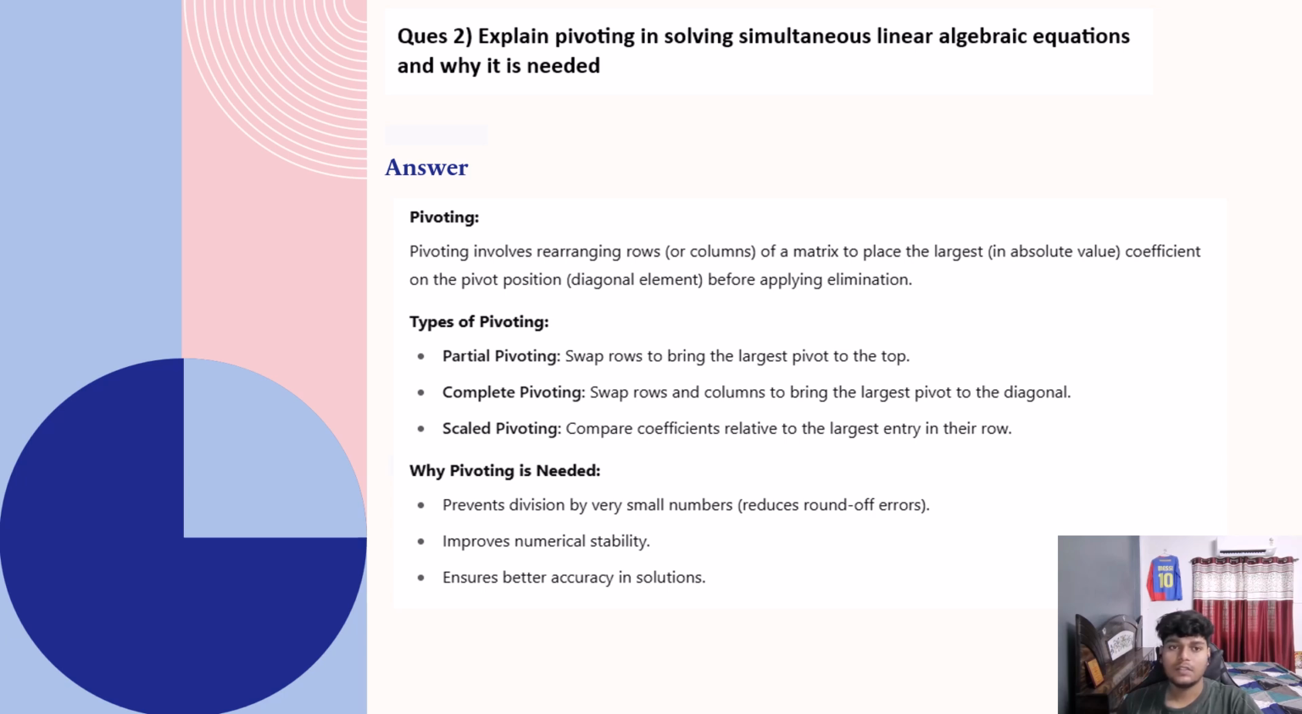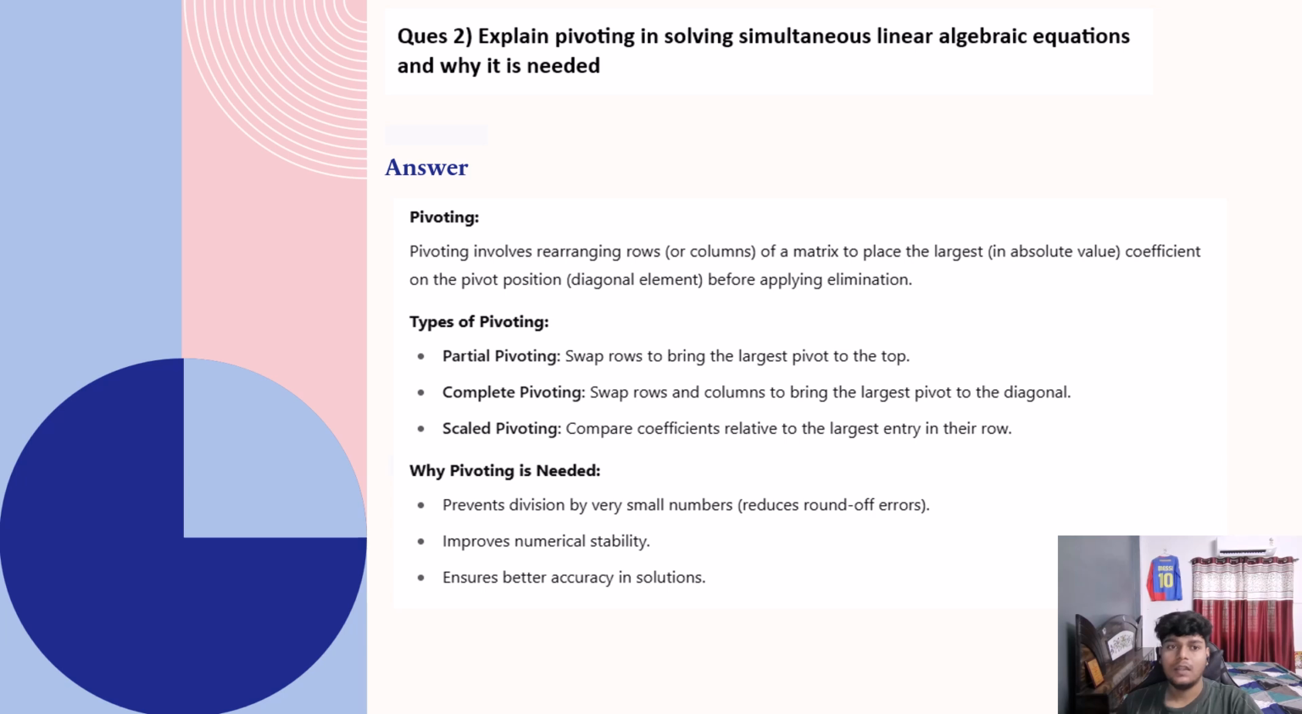Even if the pivot is non-zero but very small, dividing by it can amplify rounding errors in floating point arithmetic, leading to inaccurate solutions. This is especially problematic in systems where coefficients vary widely in magnitude. Pivoting addresses this by selecting a larger pivot element. Partial pivoting, the most common approach, involves searching for the